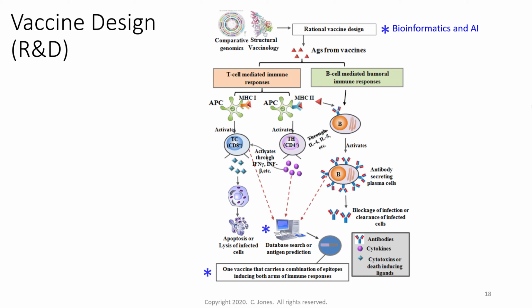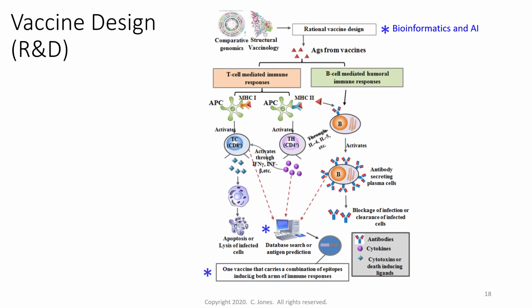And one of the first times that this rational vaccine was done was with the meningitis vaccine, because you'll see on the next slide, normally it takes 10 to 20 years to develop a vaccine. Once the DNA sequence of meningitis was discovered, it was 2 years until they had an effective vaccine. And now we're able to do this even faster.